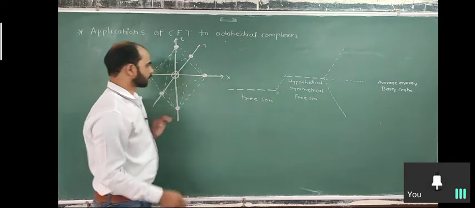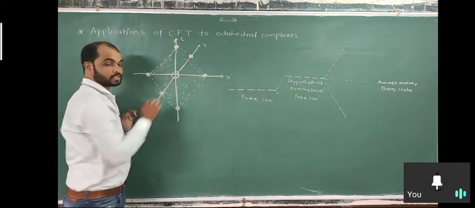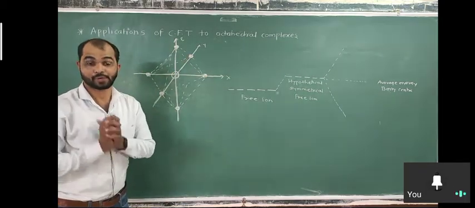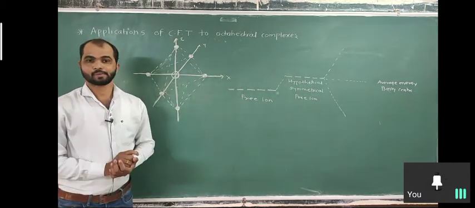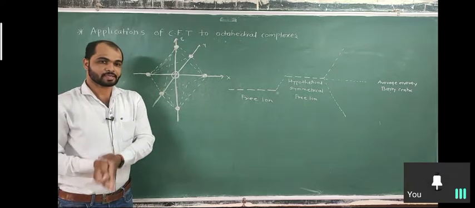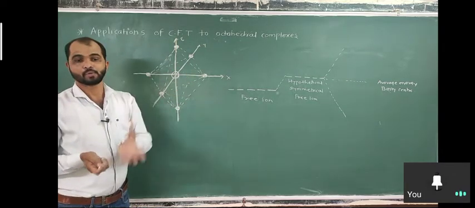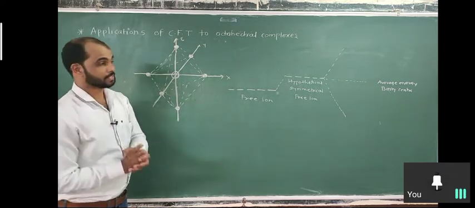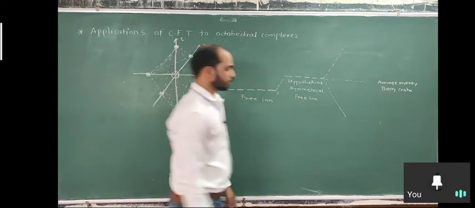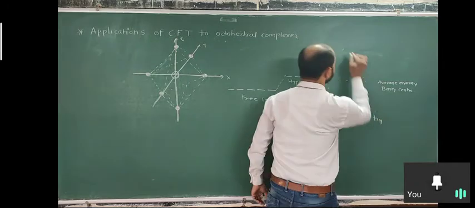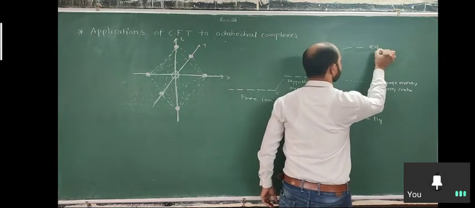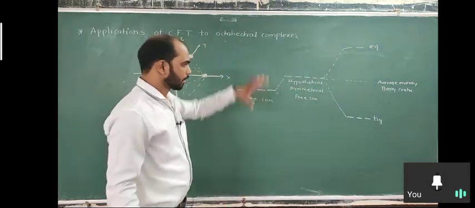So in an octahedral field, ligands approach on the axis, that means they interact with Eg orbitals more as compared to T2g orbitals. That means the Eg orbitals rise in energy more as compared to T2g, so in that splitting T2g has lower energy as compared to Eg, and this is the splitting.